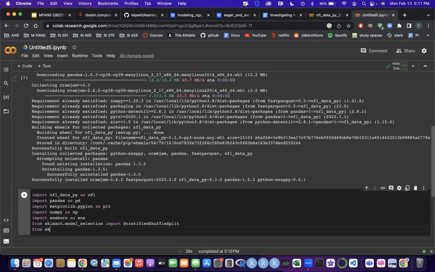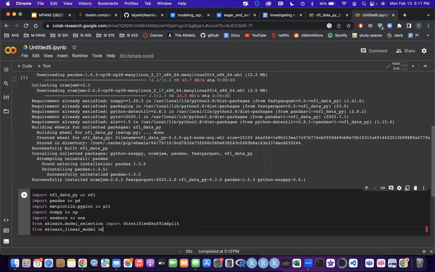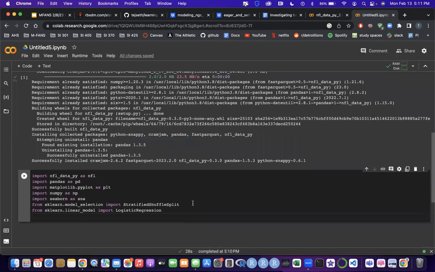From sklearn.linear_model import LogisticRegression. So we're going to use that later on. That's going to be pretty cool. From sklearn.ensemble import RandomForestClassifier. I've been told I say forest a little bit weird, so ignore that. And then from sklearn.metrics import